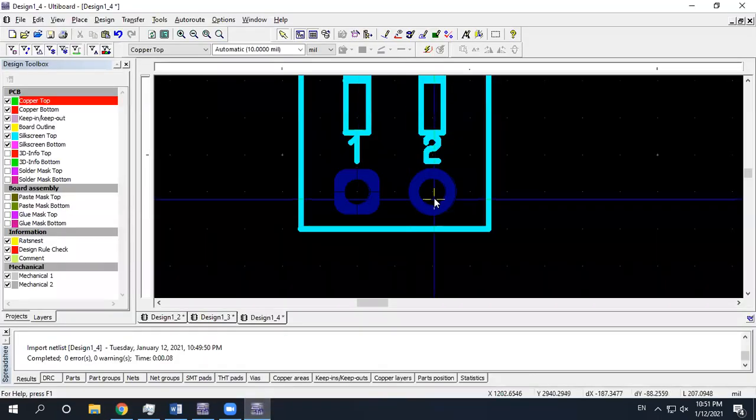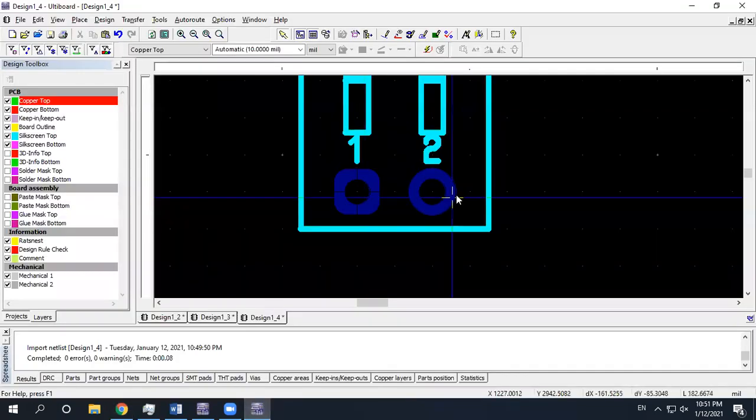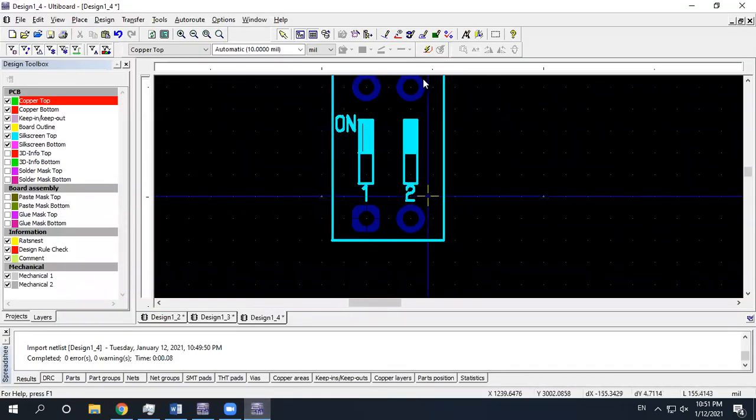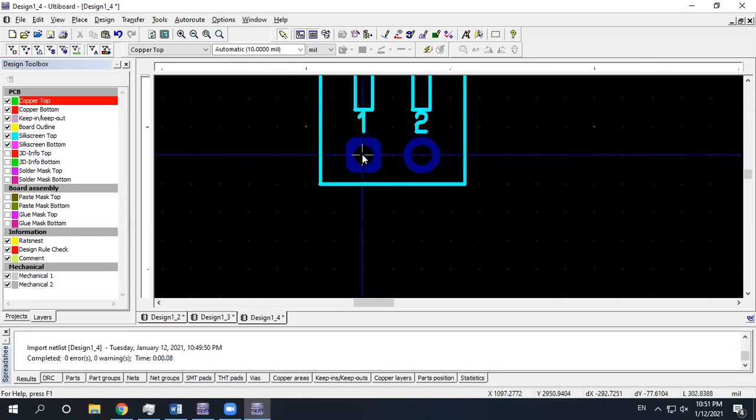And when we round it upwards, we are going to use 300 mils in this direction. So we need to have 200 mils in this direction between these 2 pads, and 300 mils in this direction. We see that the distance between these 2 pads is 100 mil because it is 2 grid units away,